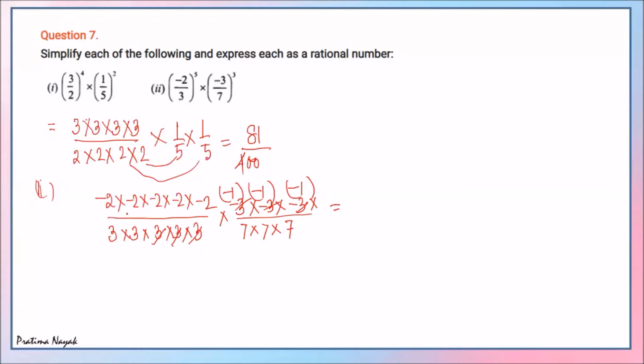How many negatives? 1, 2, 3, 4, 5, 6, 7, 8. So it will be positive. Now multiply 2 to the 4 to the 8 to the 16 to the 32. Next you multiply 7 into 7 into 7, 343. Multiply 3 into 3, 9. 9 threes are 27, carry 2. 9 fours are 36, 38. 3 nines are 30. So 3087, because no more can be cancelled.